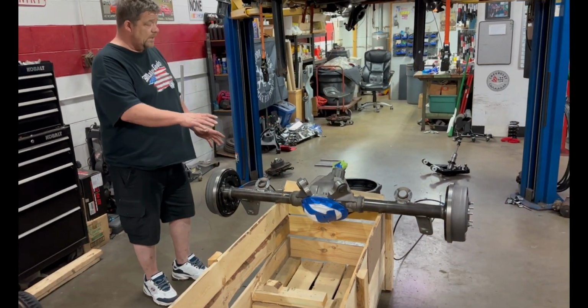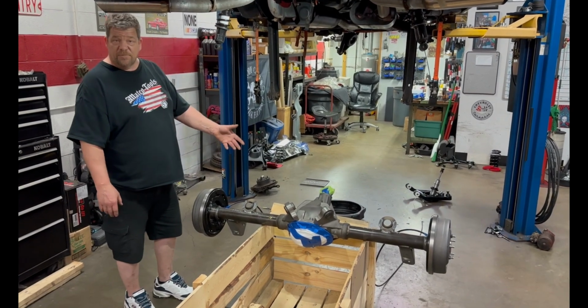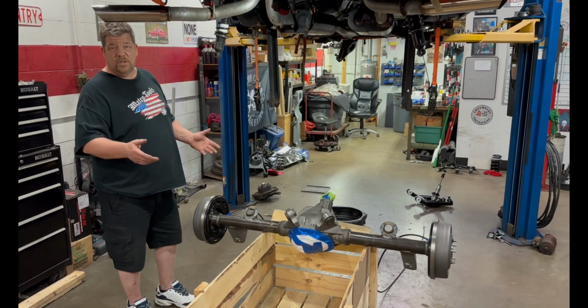It gives you a firm stand on where to, so it's not rolling around or anything else like that. You can work on it. Now our differential isn't painted. The customer's bottom side of the car has been painted and undercoated and everything, so we need to make it